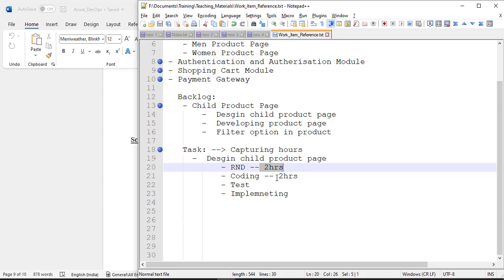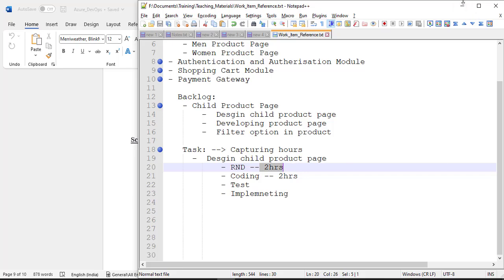Eventually, at the end of the sprint, at the sprint review, and more importantly at the sprint retrospective meeting, these hours will be demonstrated to the clients, that we have spent this many hours creating this module. So this is very important.